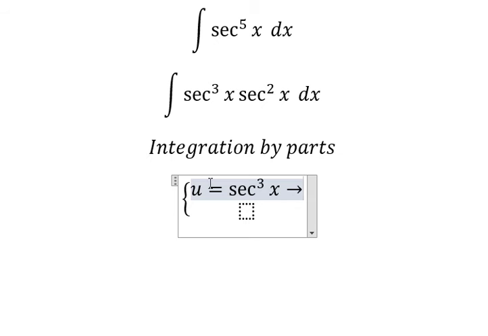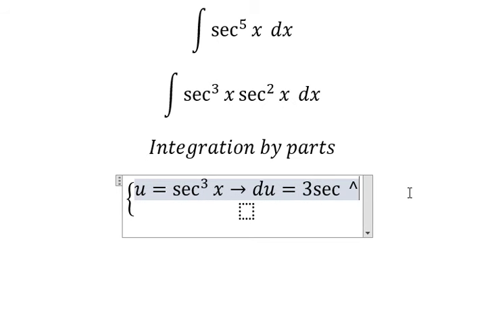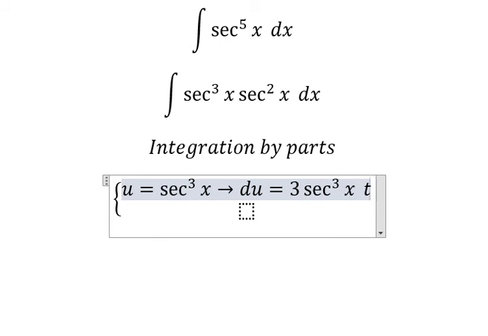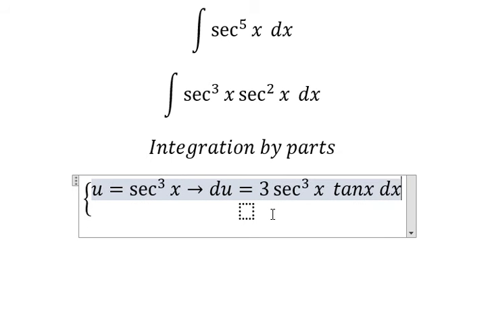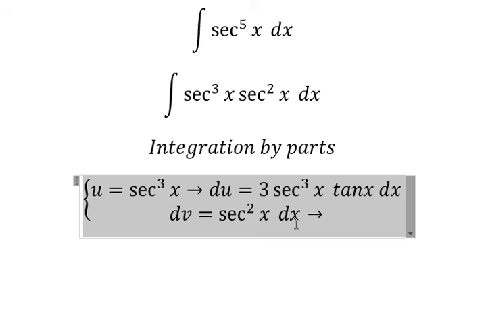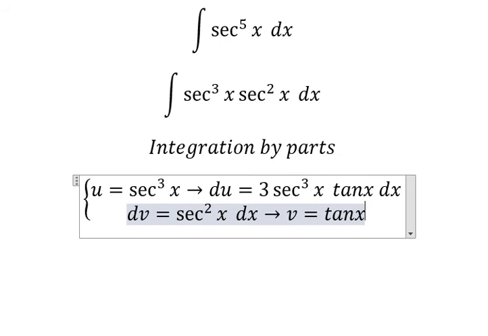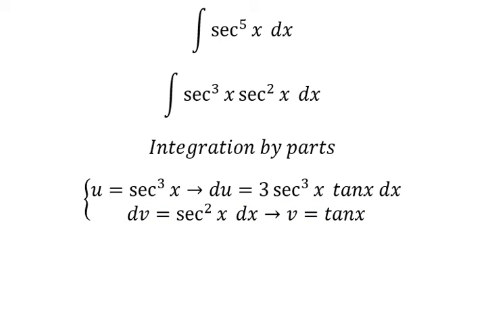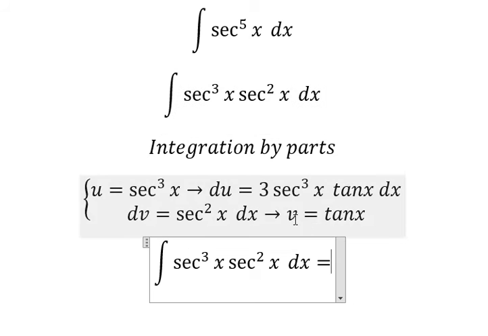So if I take the first derivative of both sides, you get du equal to 3 secant of 3s squared, and we have tan s ds. For dv we have secant of s squared ds. The integration of this one, you get tan s. So we have u multiplied by v